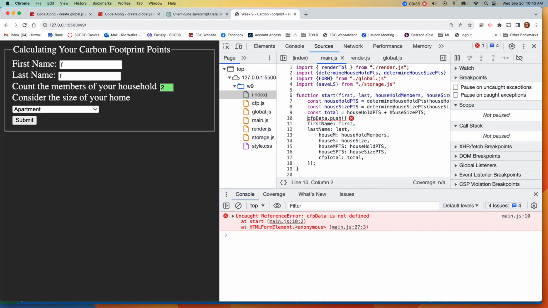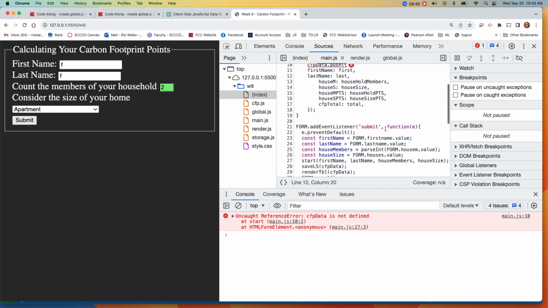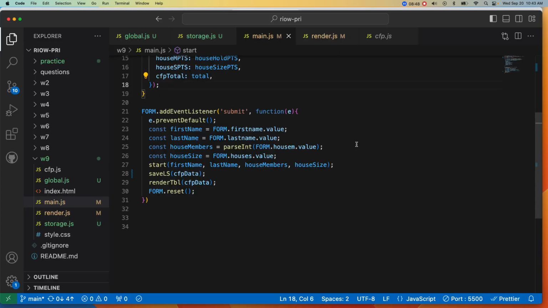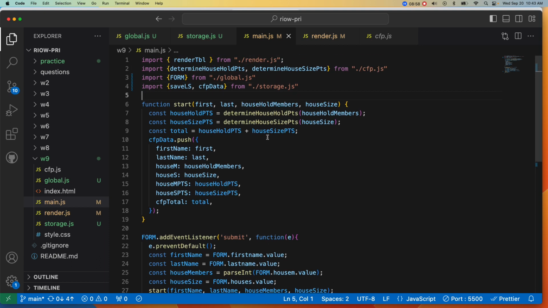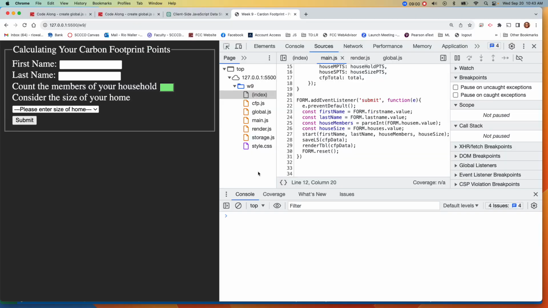So when I imported this, I forgot to import the data reference itself, which I'm going to absolutely need in here, right? Absolutely. So I should have thought about that, but that's why you test your code as well. So all I'd have to do here is, now I have that reference to that empty object the first time around,